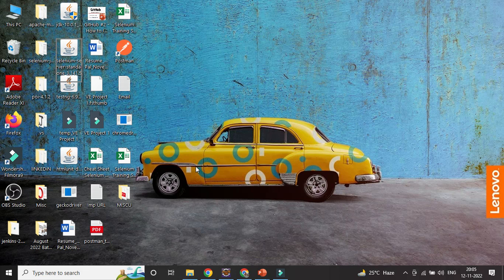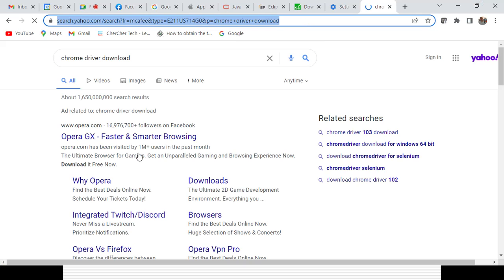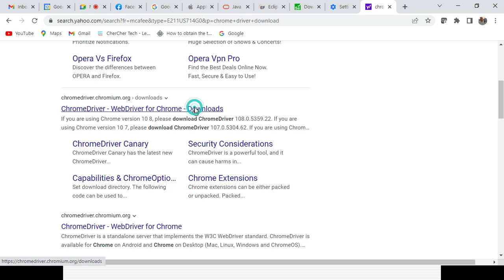So it will open the page, right? After that, based on your browser version, you need to go with that version only. You can click it, right? And then you can download it. So it will look like this, the chromedriver.exe file. Okay, let's open it. Yeah, so here, Chrome driver download, you can go with that path.